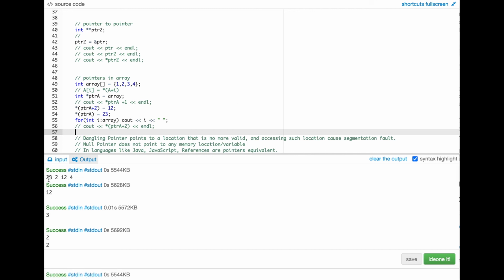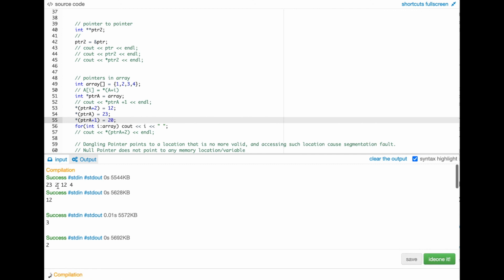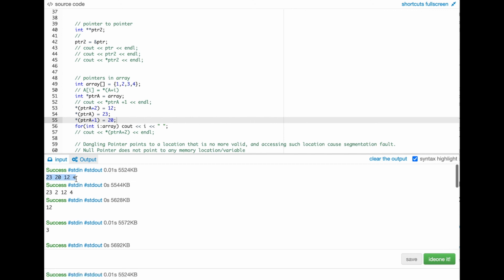So if you see, the first and the third values have been changed. Why? Because we have done ptra plus 2 is equal to 12 and star of ptra is equal to 23. We can also change the second value, simply star of ptra plus 1 is equal to, let's suppose, 20, and this will also modify the second value here. So if you see, it is coming as 20 now.